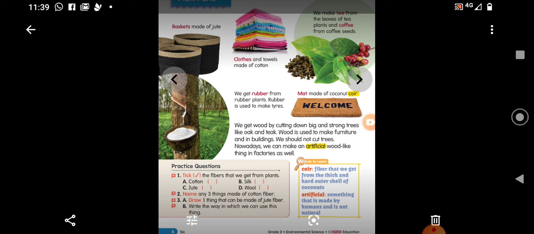We should not cut trees. Nowadays we can make an artificial wood-like thing in factories as well. So we should think of making things other than plant products so that the trees will not be cut. So now you have understood, as a journey from LP1 to LP4, we have learnt about so many different